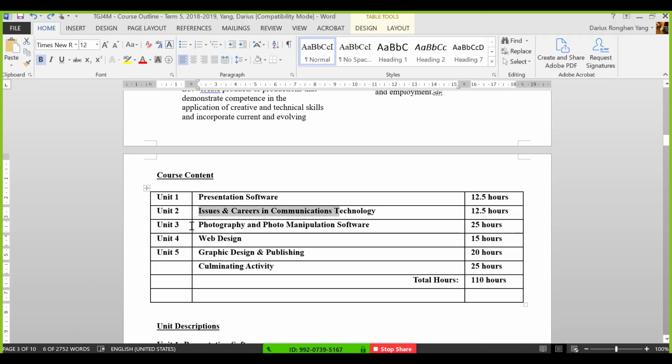Okay. So what do you mean? What do I mean your own things? Well, photography and photo manipulation software. So we're going to